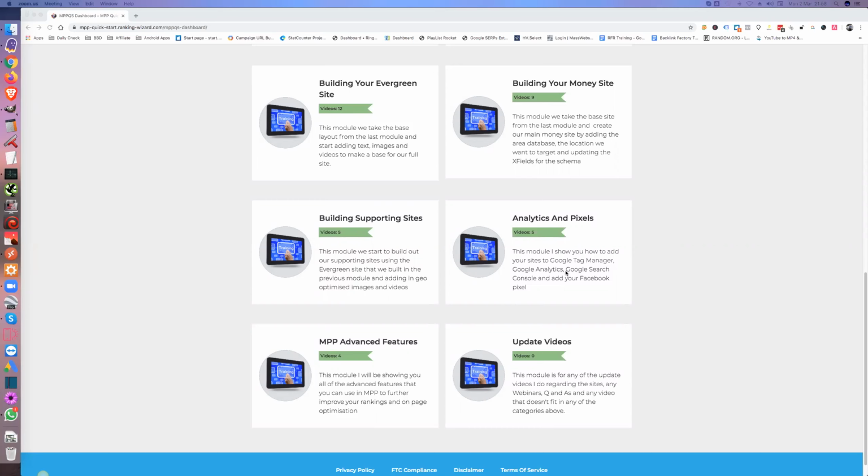I'm not a big fan of rank trackers. I find that they don't give you a lot of valuable data. They're normally way out. And also, in a rank tracker, you've got to put in what you think you want to rank for, and you don't really know what your people are searching for. Whereas with Google Analytics, I know exactly what people are searching for and where my site's showing up.